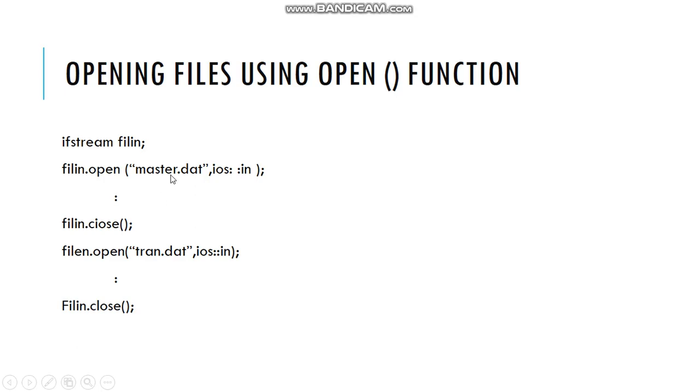Now this master.dat is a file which is to be opened in the C++ program, using ios, then scope resolution, in, which we will learn in the next slides. After applying all the processing onto it, we are closing it.